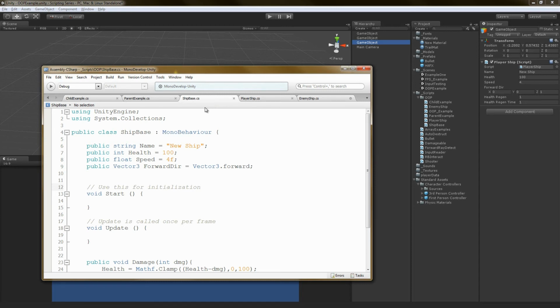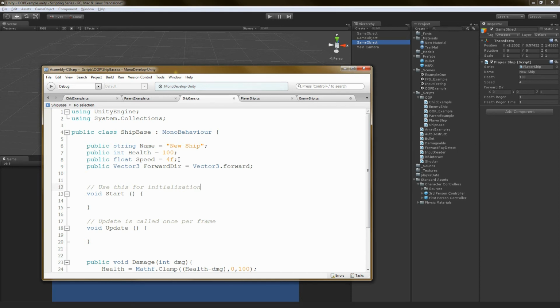For example, if you didn't set up a ship base that has all your base ship functionality and then extend upon that, you would have to basically copy and paste a huge chunk of all of the stuff that every ship does into each type of ship,